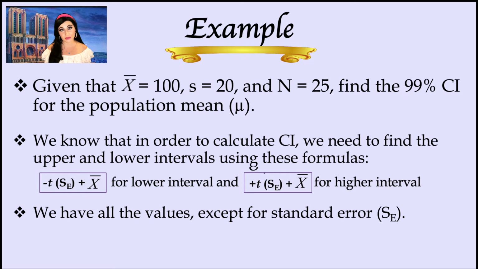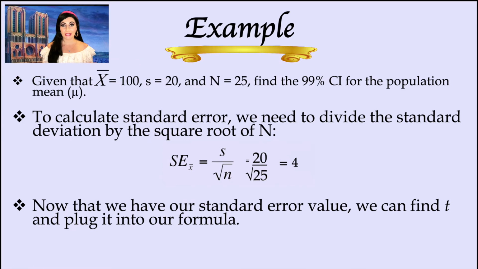Be very careful that you don't confuse standard deviation with standard error. Lowercase s represents standard deviation, so what we need to do is calculate standard error. To calculate standard error, all we need to do is divide the standard deviation by the square root of n. We were told that standard deviation is equal to 20, and we were told that n, the number of data points we have in our sample, is 25. So if we divide 20 by the square root of 25, that's another way of saying 20 divided by 5, we get 4. All right, so now that we've calculated standard error, we can go ahead and move on to